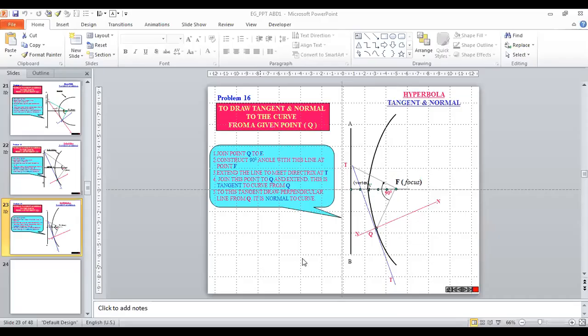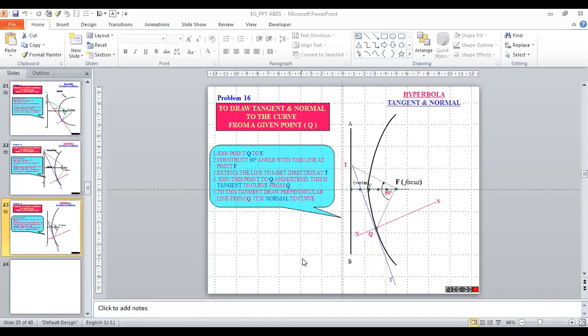So now we will see how to draw tangent and normal from hyperbola. Fine. My screen is visible. Now it should be visible. Yes, sir. Is it visible now? Yes, sir. Okay, thank you.